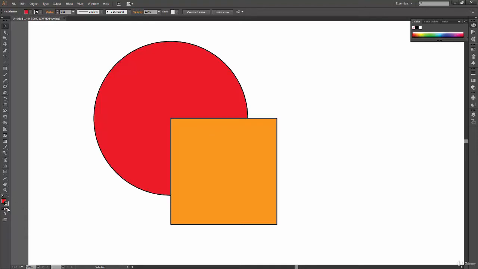Below this, you have these three very small buttons. The rightmost one says none, which means it will not fill any color in my outline. Then we have this gradient option. We are going to cover gradients and how they work in the future. And then there is the color option, just a single color fill.